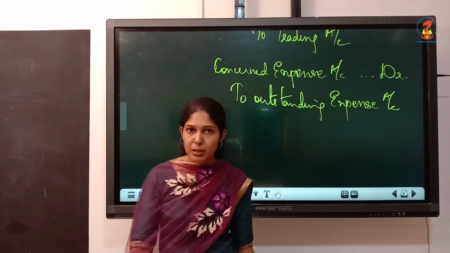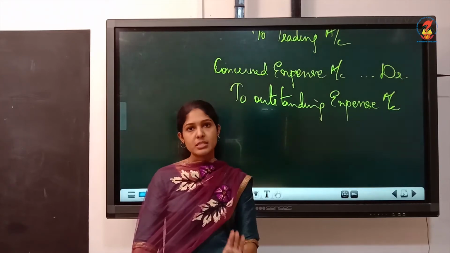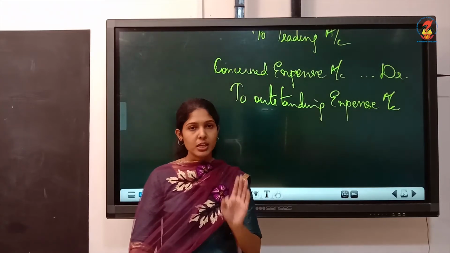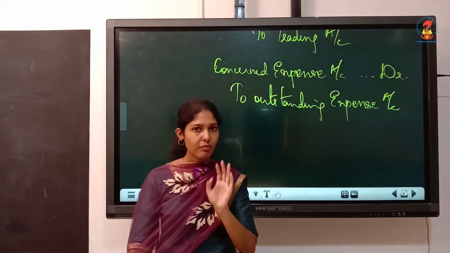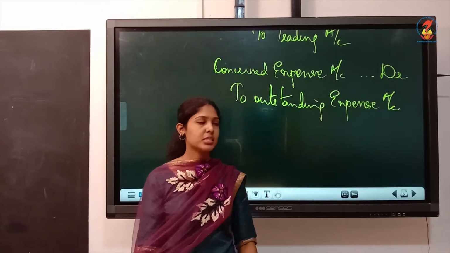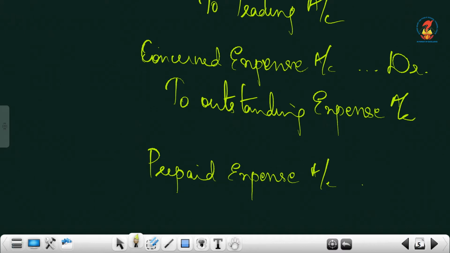What is the nature of prepaid expense? Prepaid expenses are always assets. Understood? It is always an asset, and assets account will be always having a debit balance. So here you must debit, you have to see to the nature and decide whether it should be debited or credited. So the entry is prepaid expenses account debtor